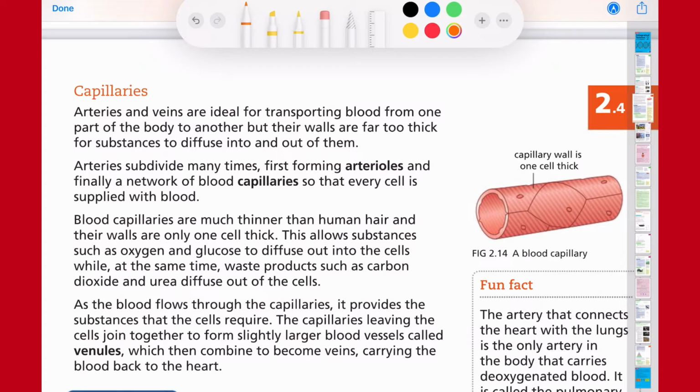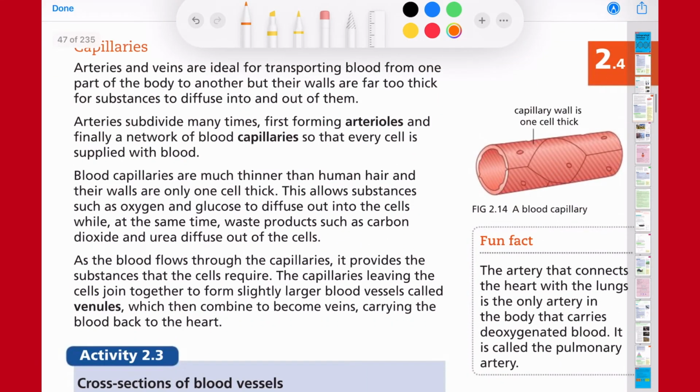Because remember, blood, when it's being transported, we want to have an exchange of nutrients, an exchange of oxygen and carbon dioxide, and in order for that to happen, the walls need to be thin. But you cannot have capillaries directly connected to your heart as main vessels because they are far too weak to withstand that high blood pressure. So arteries subdivide many times, first forming arterioles. That is what this diagram would have showed you. Now those arterioles will eventually further divide to form a network known as blood capillaries, so that every cell is